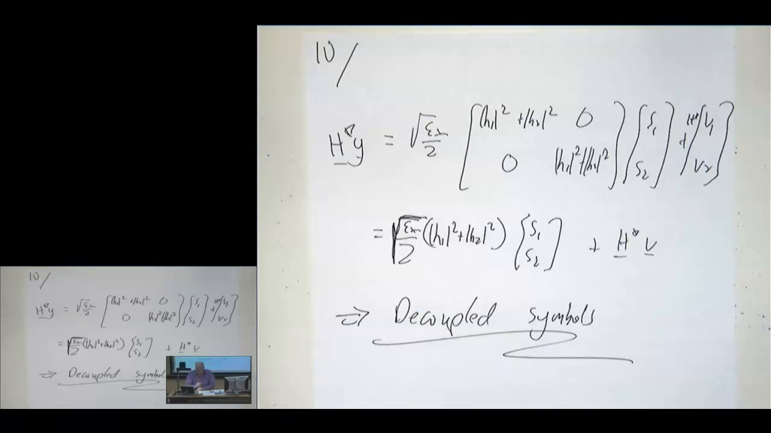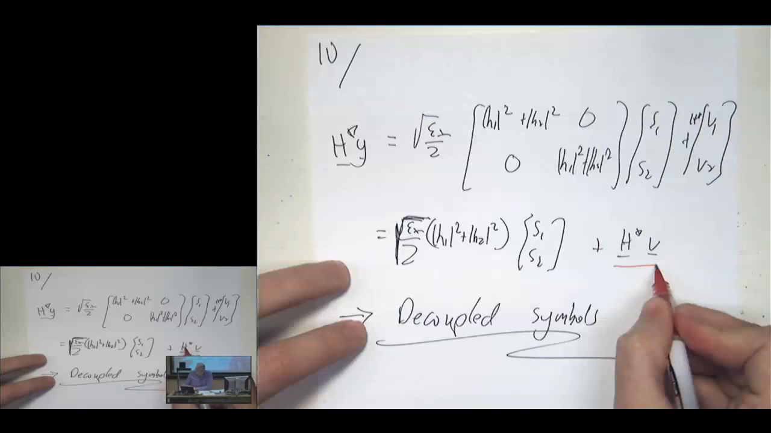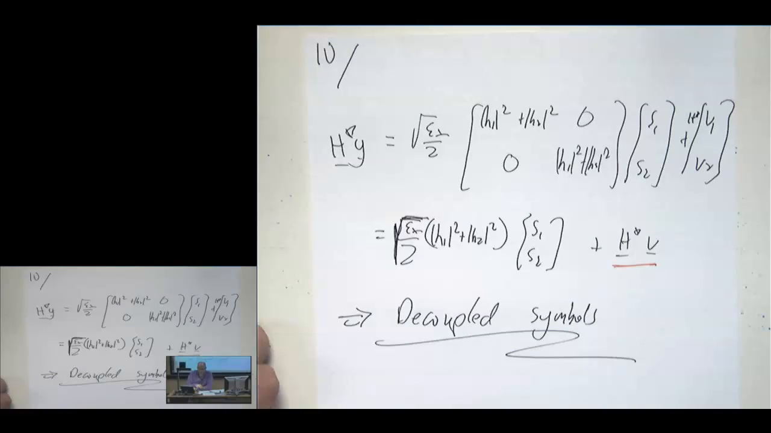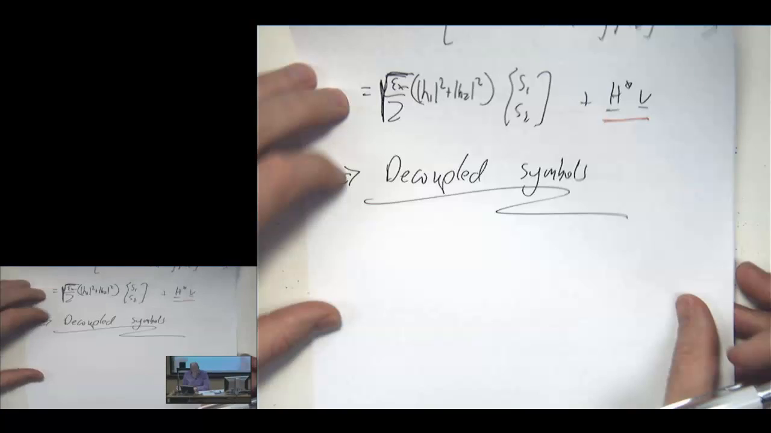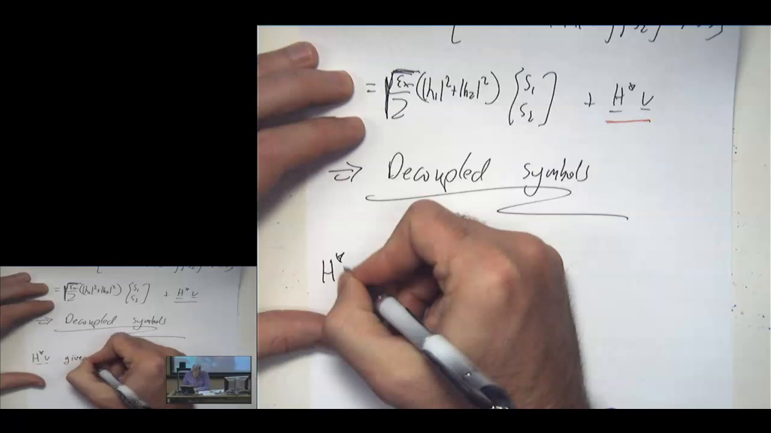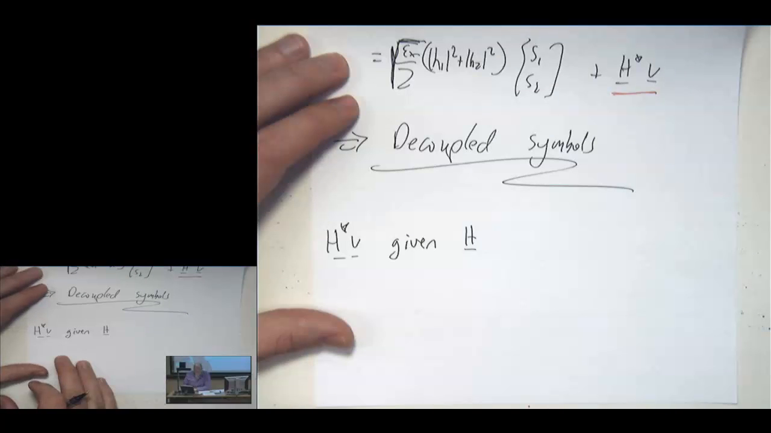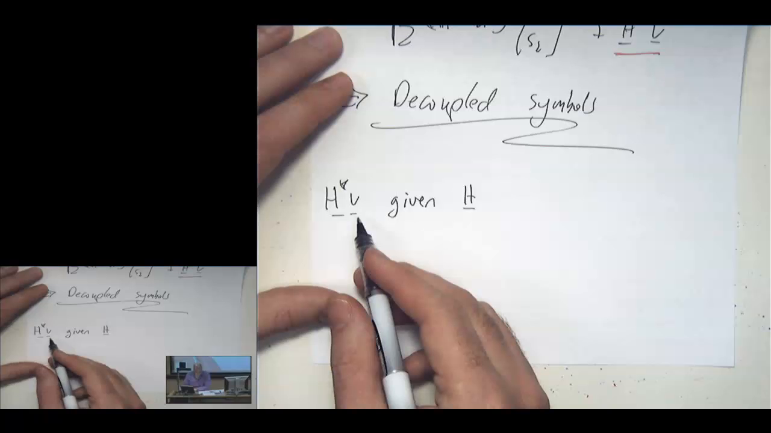Now, we have one final thing to do, which is the performance analysis. The problem here, from a performance analysis perspective, is that we have h star times v. We have the channel times the noise. And so what we need to do is look at the distribution of that noise. So let's look at the distribution of h star v given h. So v is a Gaussian random vector,